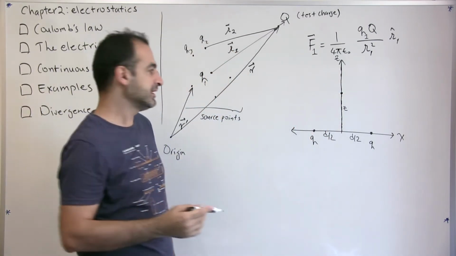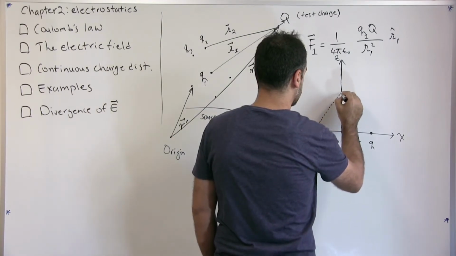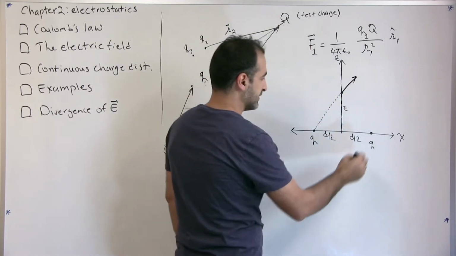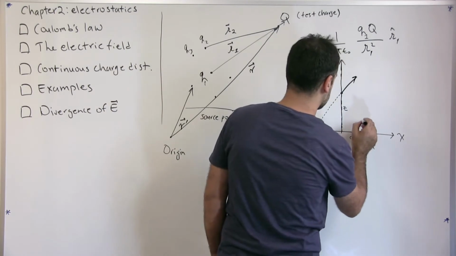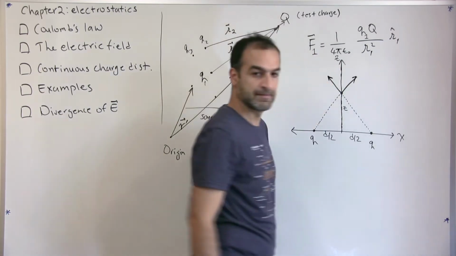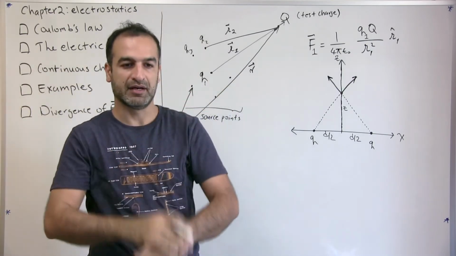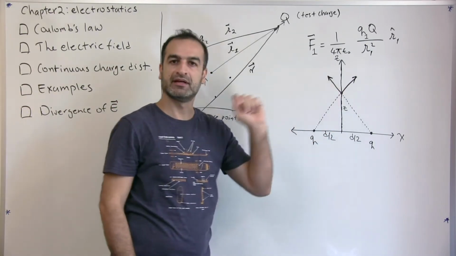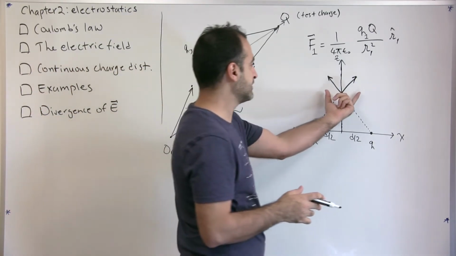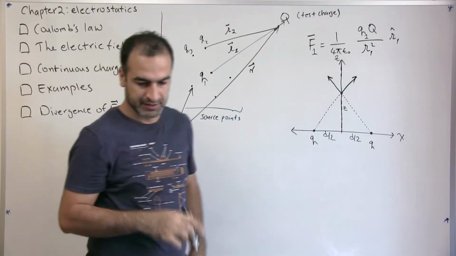Okay, so if you look at this, you can easily say the field created by Q from the negative x-axis has a direction like this. And the field created by this one has a direction like this, right? So these are two vectors with an angle to each other. If you add them up, the x components of these fields cancel each other out, right? The x components cancel out each other, but the z components add up, correct? So